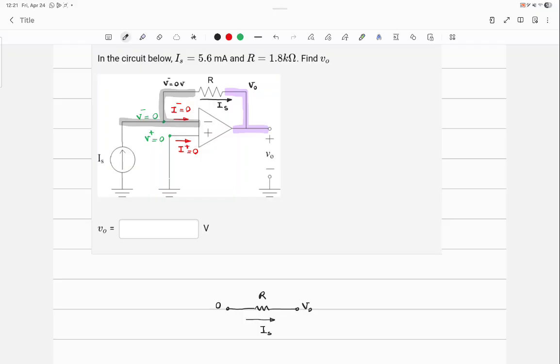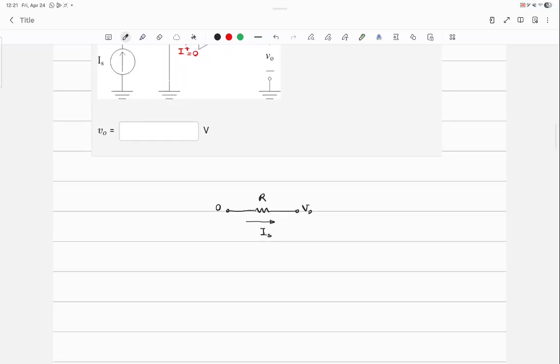Look familiar? So, what should I write? 0 minus VO divided by IS is equal to R, which means VO is equal to negative R IS,